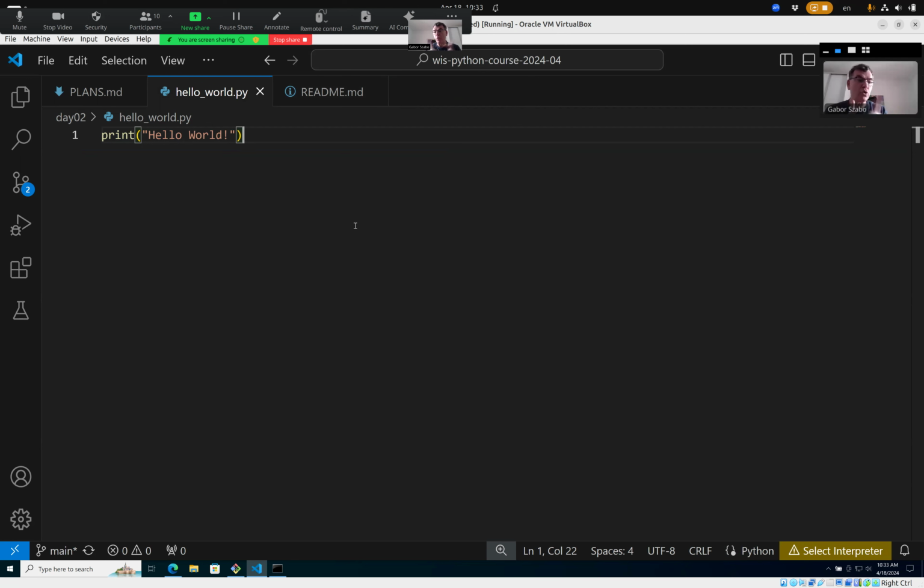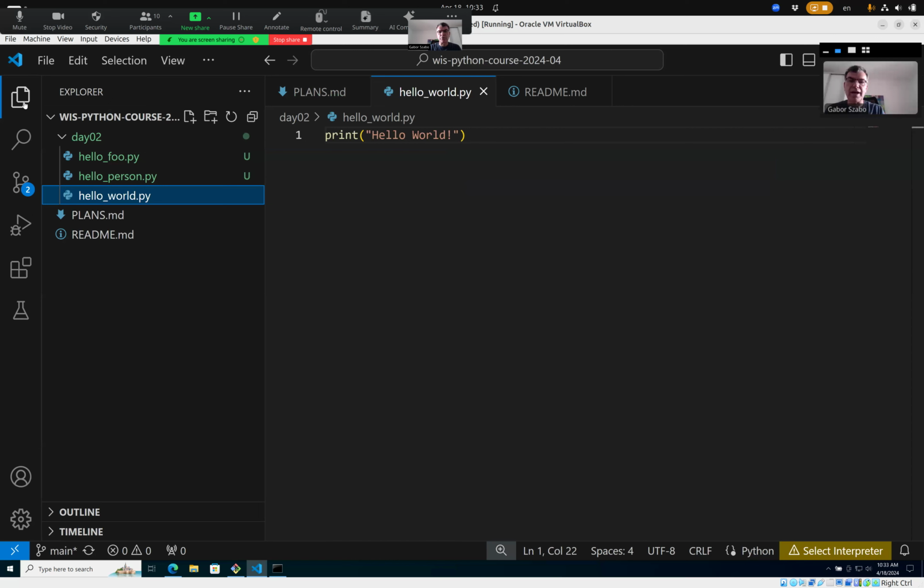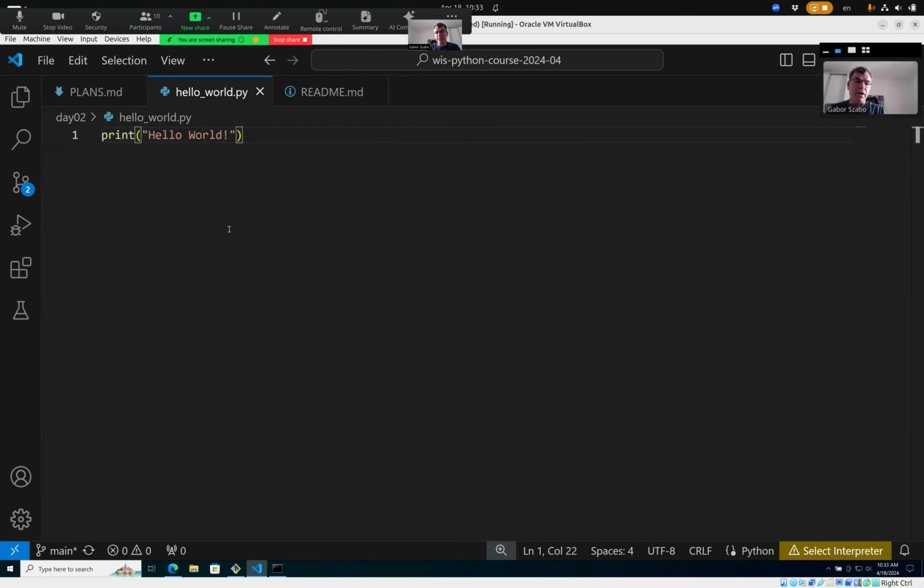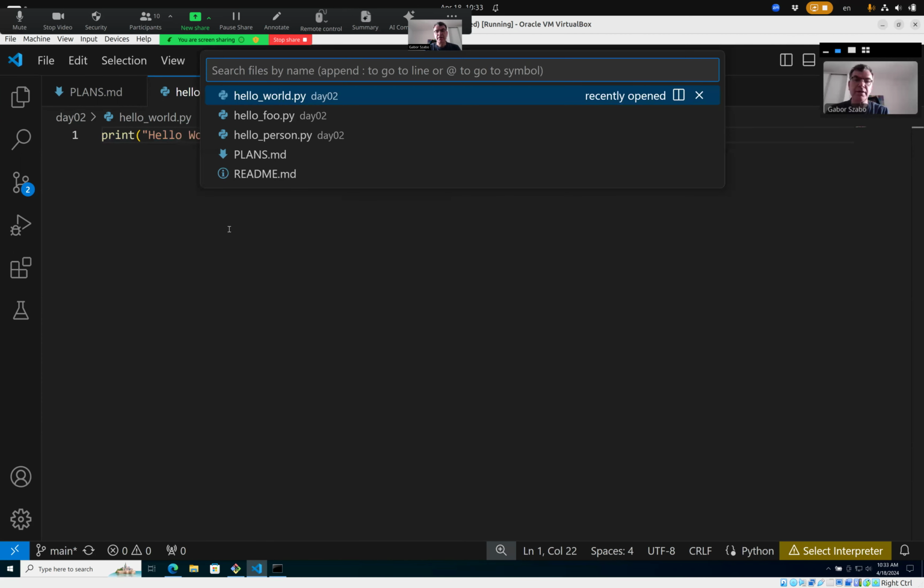Now I would like to show you 2 ways to easily open it. One of them is that you go here, click on the Explorer, and then you find the file and double click on it and you open it. That's sort of easy. There is actually a better way that's probably better especially for bigger programs. I press Control P, the letter P. It opens a search bar, and Visual Studio Code has tons of these features,